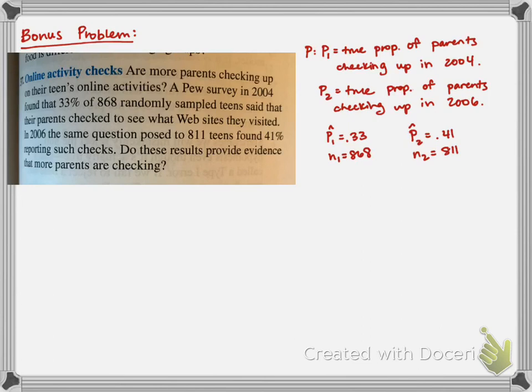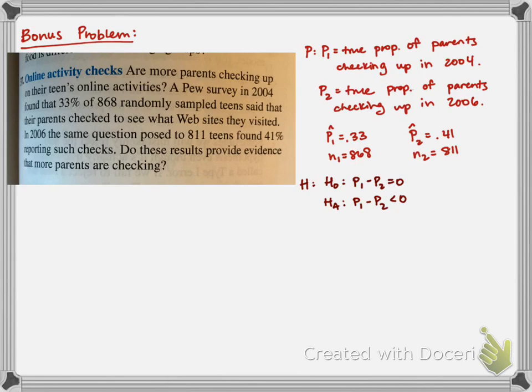Then I need to write some hypotheses. So again, your null hypothesis is always to assume that your 2 proportions are equal, and so that is the difference would be equal to 0. And then it asks me, did these results provide evidence that more parents are checking up on their kids now or in 2006? And so if that's the case, my P2 would be higher than my P1, which makes the